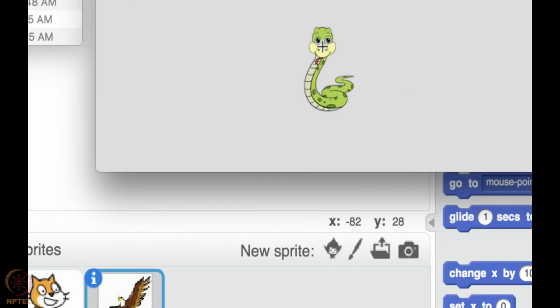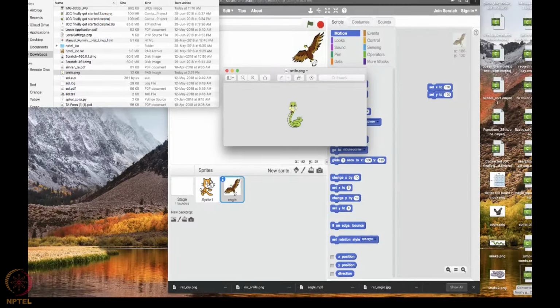So the snake has been smiling, it's very happily lying on the ground. So when the eagle catches the snake, it shouldn't remain happy, it should cry. So we should make it cry. But how can we make it cry? Same old trick that we used in jumping jacks. We'll have another image of a crying snake and we'll let that particular snake appear when the eagle catches this